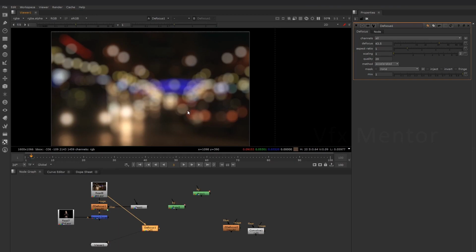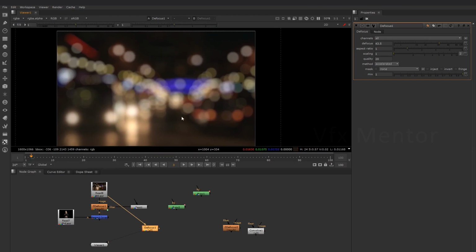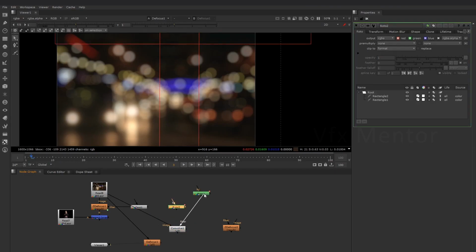So there is no option to change to a custom bokeh shape. And in convol, you have an option like Z defocus's filter option, you can connect a similar shape. Like in this case, I will connect this art shape.